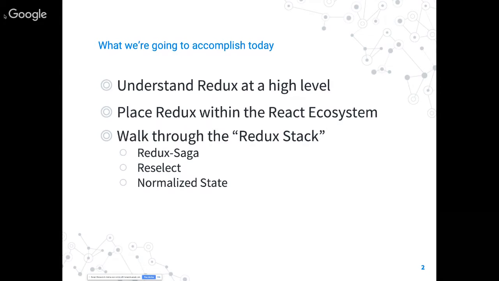And then the last, but most important thing I want to do, and hopefully where I can be the most helpful in terms of sharing my experiences, is walking through what I consider to be the ideal Redux stack. A big thing that I didn't realize when I started working with Redux is that it doesn't work in isolation. You can obviously come up with toy applications, but as soon as you want to start doing more advanced things necessitated by a real world use case, you need some helper libraries and utilities around it to make it actually function in relation to the rest of the internet, for lack of a better term.